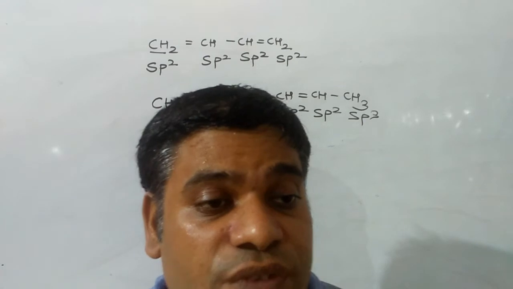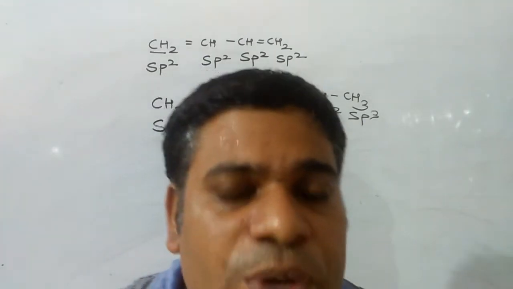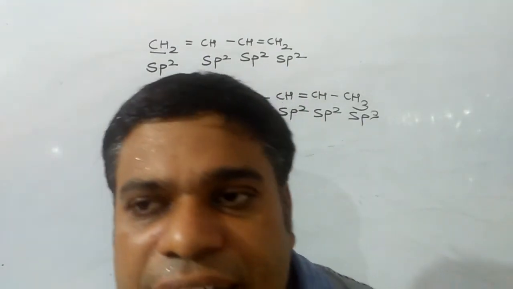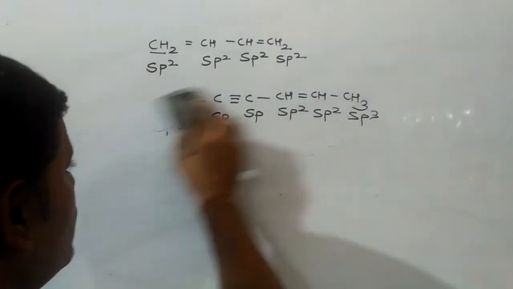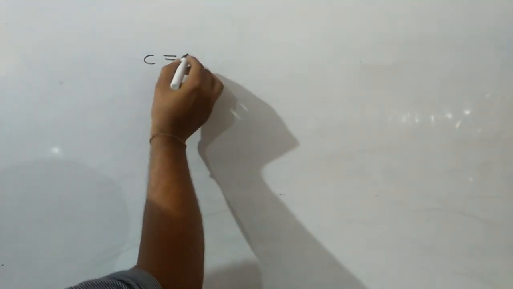After this, we have to discuss one more important topic that is going to be used in organic chemistry also, and that topic is resonance. First of all, we have to know what is resonance. Resonance means existence of the same molecule in more than one structure, but neither is the actual structure. That is known as resonance.